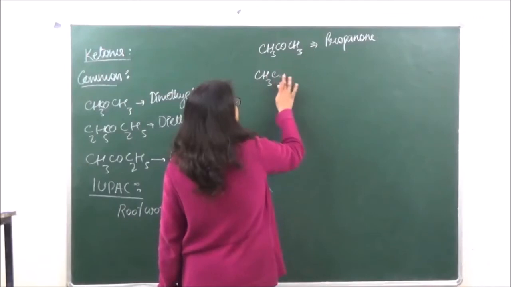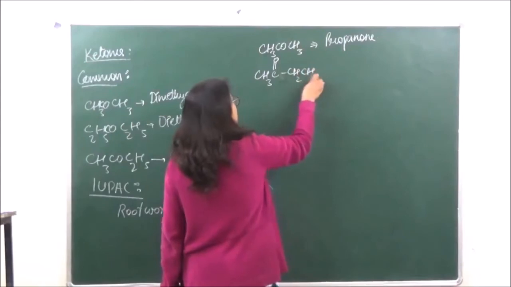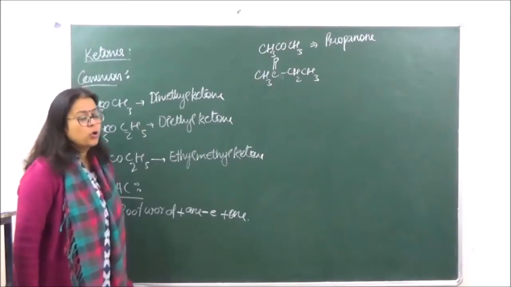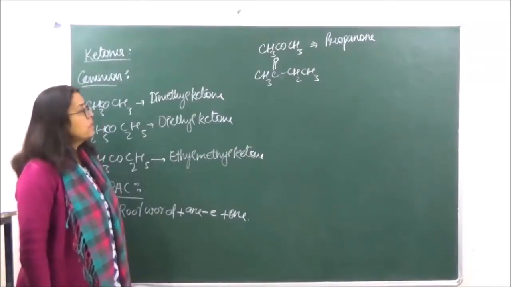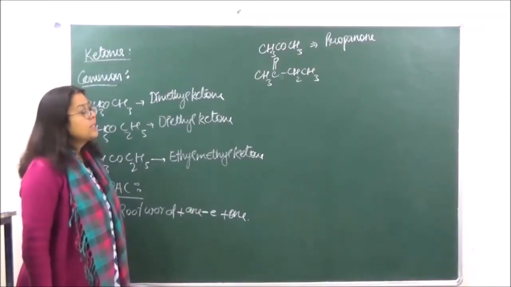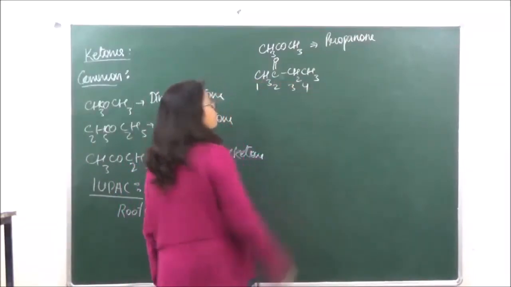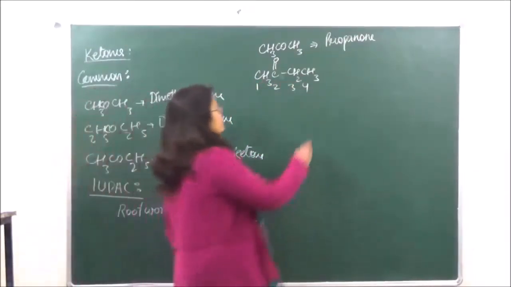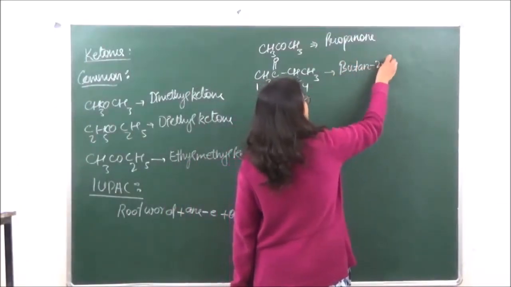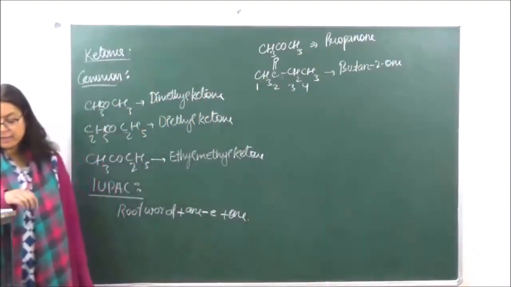there is an unsymmetrical ketone present over here, unsymmetrical ketone, so over here you have to give ketone the lowest number. This is a non-terminal functional group. So the ketone will always come somewhere in the center of the chain. You have to give the lowest number. So we start numbering from here. 1, 2, 3 and 4. The name is going to be butane 2-one. Again I have removed the E of the ane.